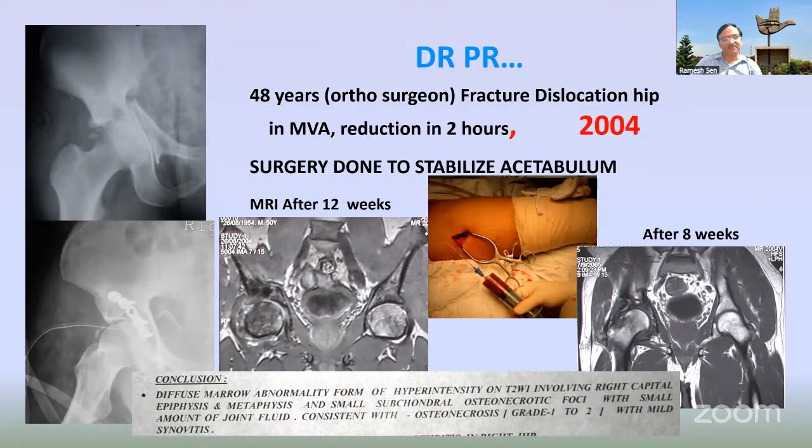I did the reduction, fixation. But he, being an orthopedic surgeon, got an MRI done, which showed AVN. And then I offered him the same thing. It was in 2004. Do I do it? He said, yes, he can do it. I did it the same way as Harnik has described. Take the marrow, centrifuge it, and put it into this area.